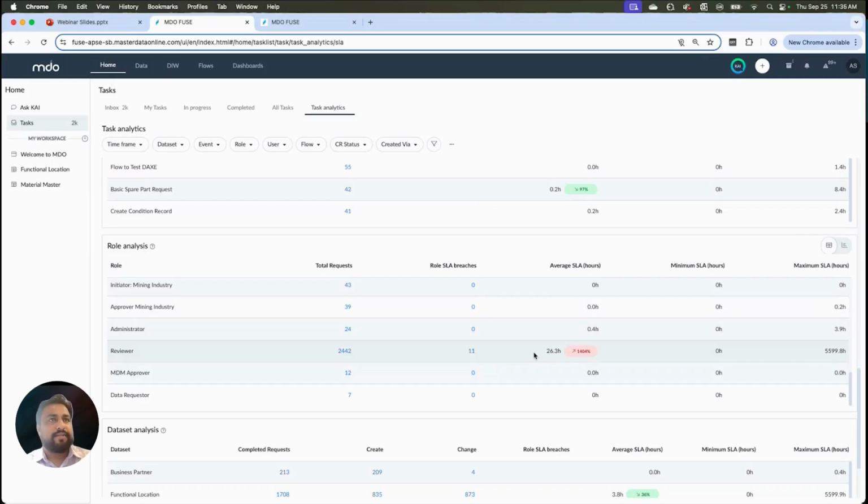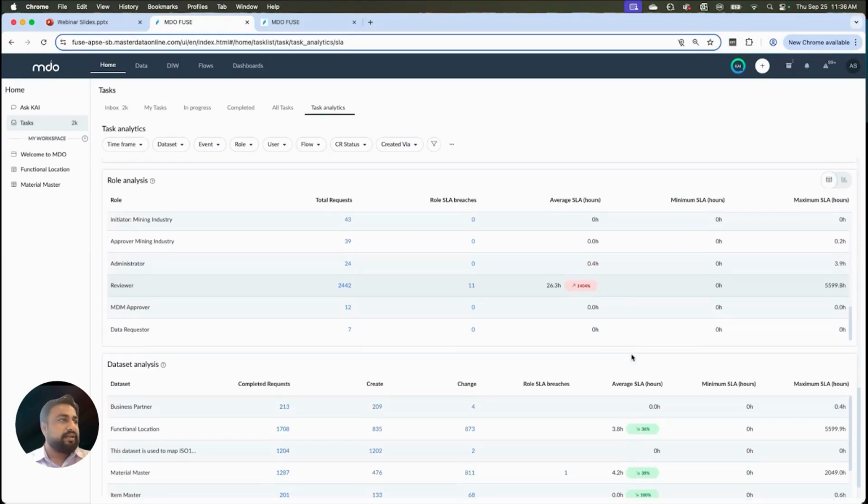So that gives us a view that the number of requests is increasing, and the users assigned to this role are having problems, because we can see the average SLA is increasing. So from an organization perspective, we'll look into improving this particular process, so this number starts decreasing. That's the type of analysis from a flow and role level perspective we can get.